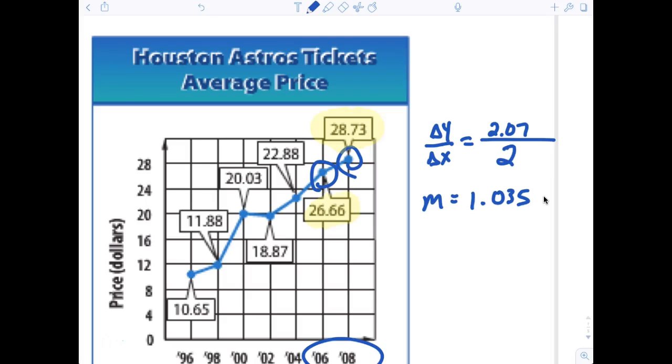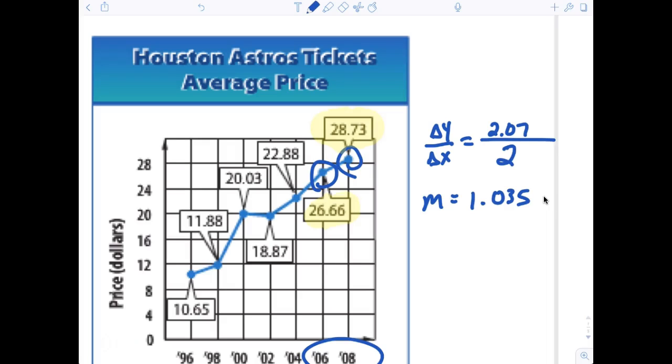Did you do that in your head? It's not that hard. What's half of 7? There it is. You see what I'm saying, right? So again, if you want to know how I'm doing it in my head, just ask me. It's simple, simple, simple. All I did was take half of 2, which is 1, and half of 7 cents, 3.5 cents. Very easy to do. Anybody have any questions? So that would be the slope at that year. Anybody have any issues with that?